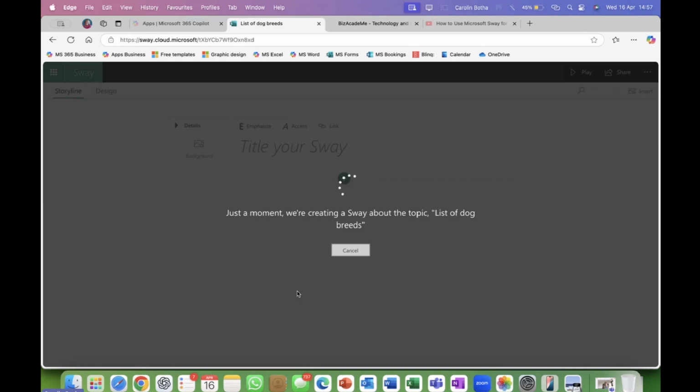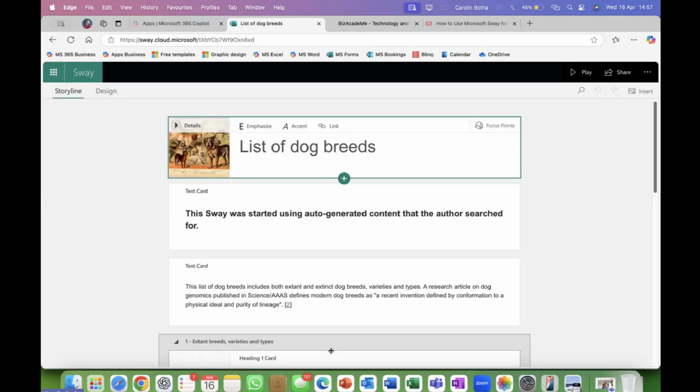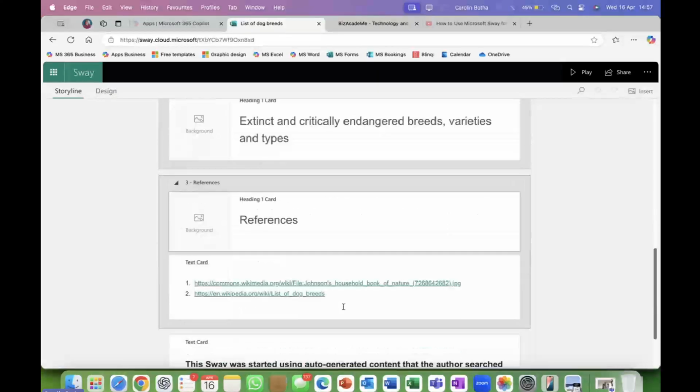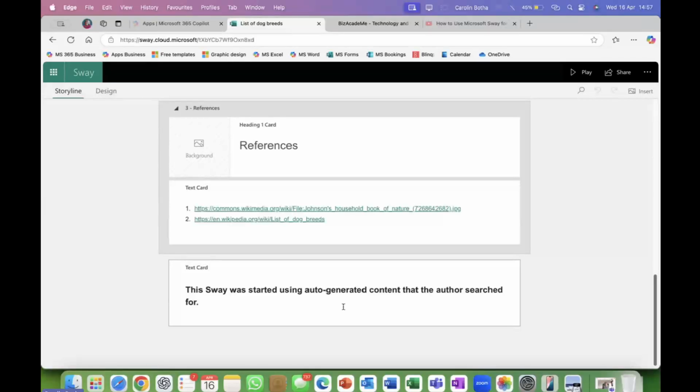Apart from the template, this is another way to start without having too much to do yourself. It will give you all the different cards related to this with some text, and you can just carry on, delete those that you don't want with the delete button, and add some cards. Oh, there you go. It's pretty much like the template, although the template is not topic related like this one.